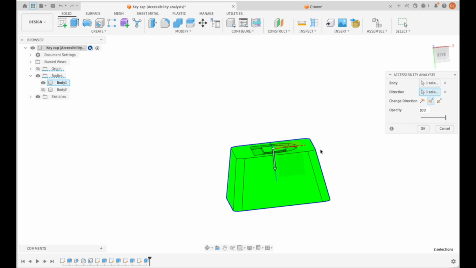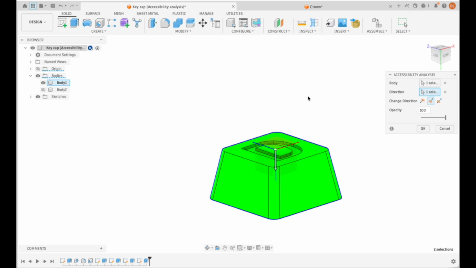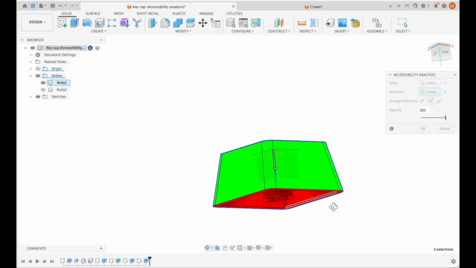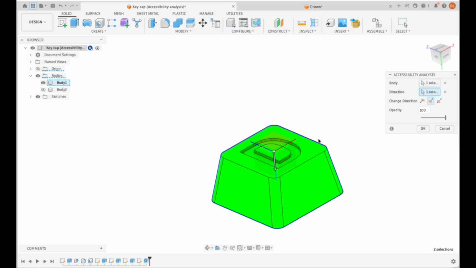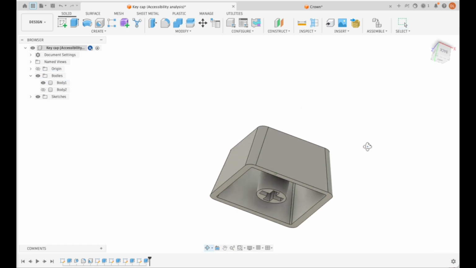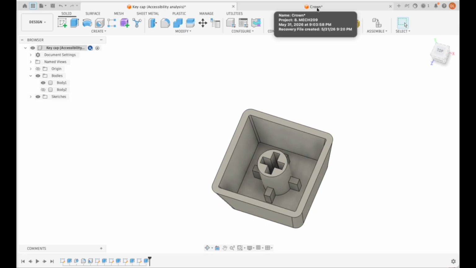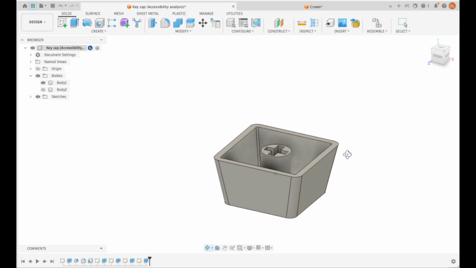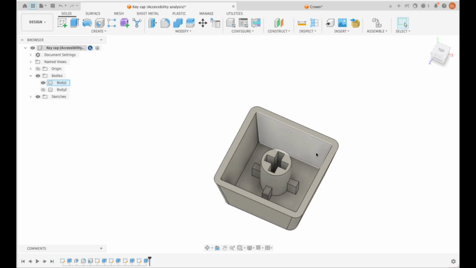This means that whatever is up there could be accessed using some of the tools. However, if you are building something up here, then anything below cannot be, for example, CNC milled, or if you're using a 2-part cavity mold, then the part below cannot be fabricated using only one single part. So while it sounded a little bit difficult to understand what it means with this example, because the keycap seems to already have good accessibility from the top and the bottom,